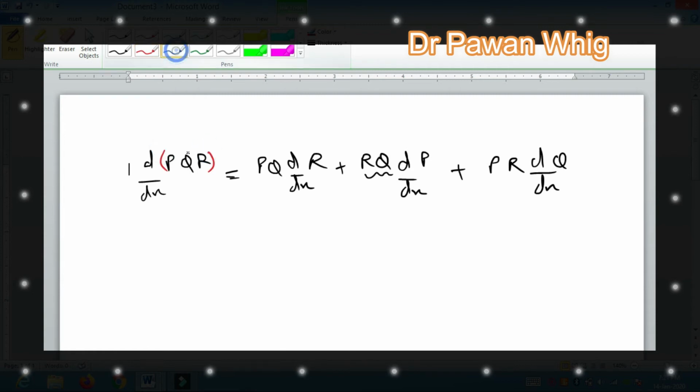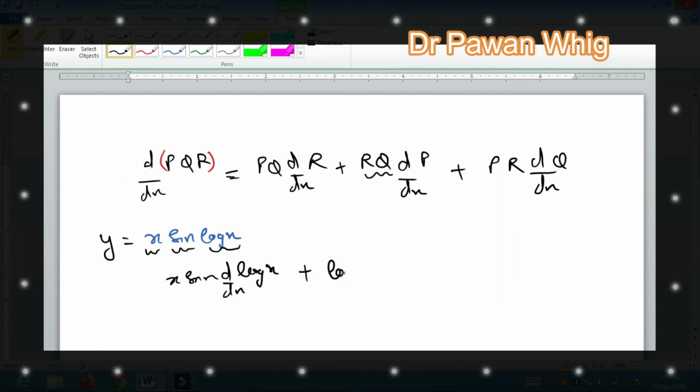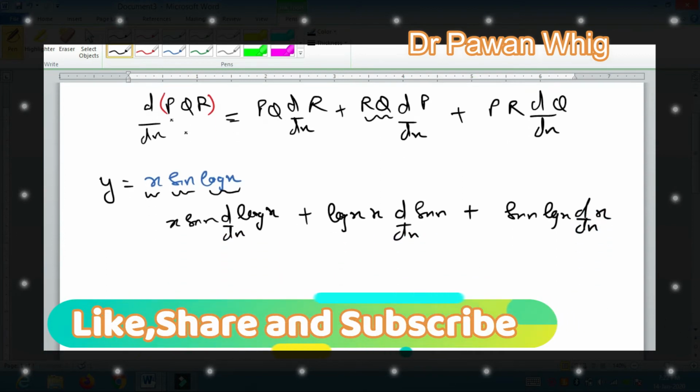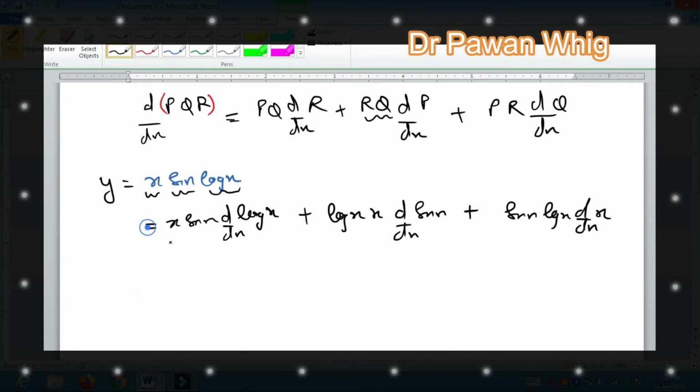go more inside this. Let us suppose we have an example x sin x log x. Here there are three functions, x, sin x and log x. Now we have to apply the product rule here. We keep two at a time the same and differentiate the third one. Similarly, keep log x and x the same and differentiate sin x, and similarly keep sin x and log x the same and differentiate x. The order doesn't matter, but you have to keep in mind that you differentiate one item at a time and keep the other two the same.